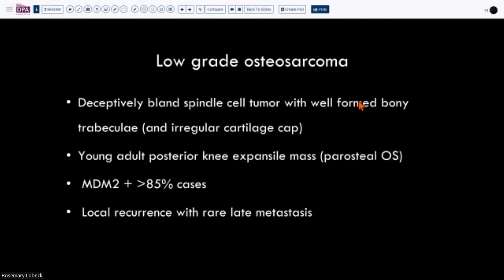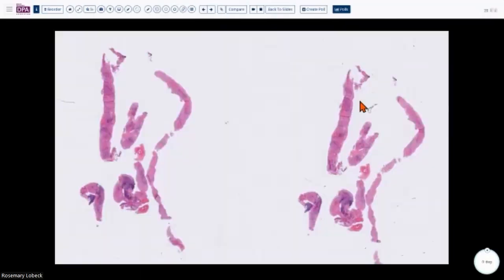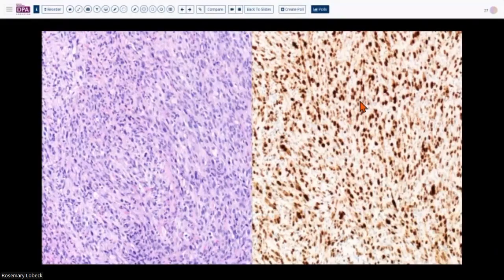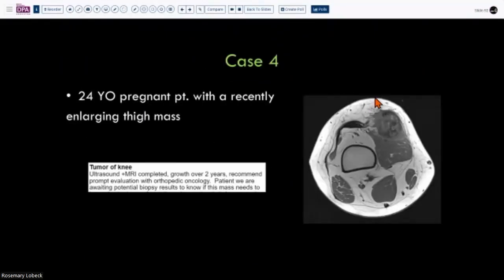All right, so we are at 3:52, so maybe I'll skip the next one and go on to our first green case, right? So this will be a